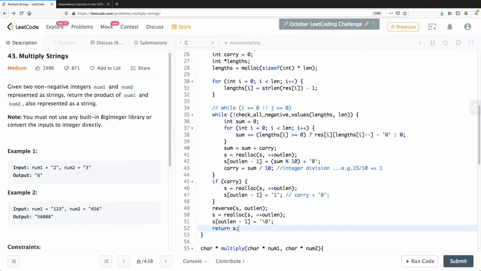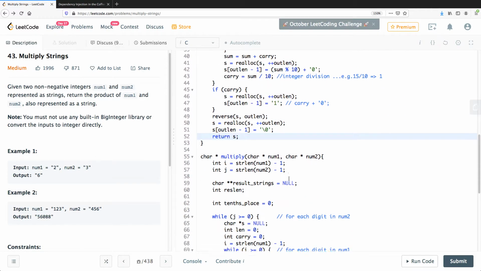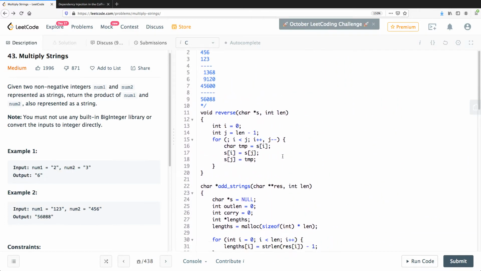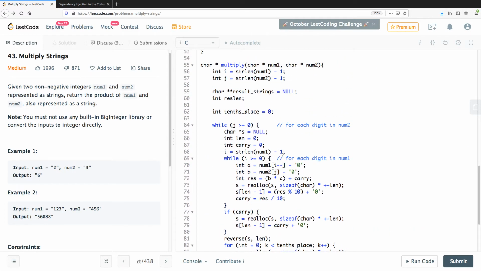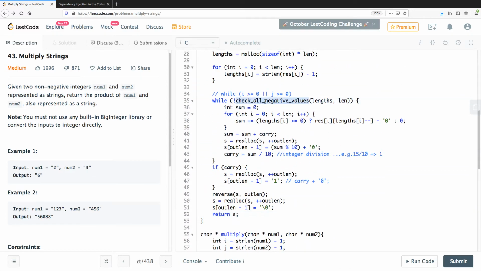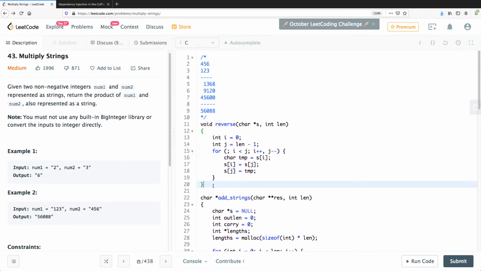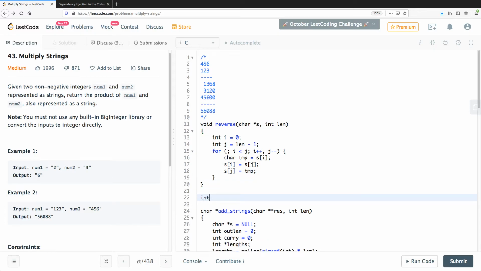Now, do you think that's all we need to do? Our work is done. Can we start jumping like code monkeys? No, you cannot. So we'll have to do things like what is remaining here. I can see one thing, which is we haven't implemented this. It shouldn't be a big deal, but the program will not compile without that. So let's do that. And we would not use a bool or anything. We will simply use the C's convention of anything that is 1 or anything that is non-zero is true and 0 is false. So we say int check all negative values,